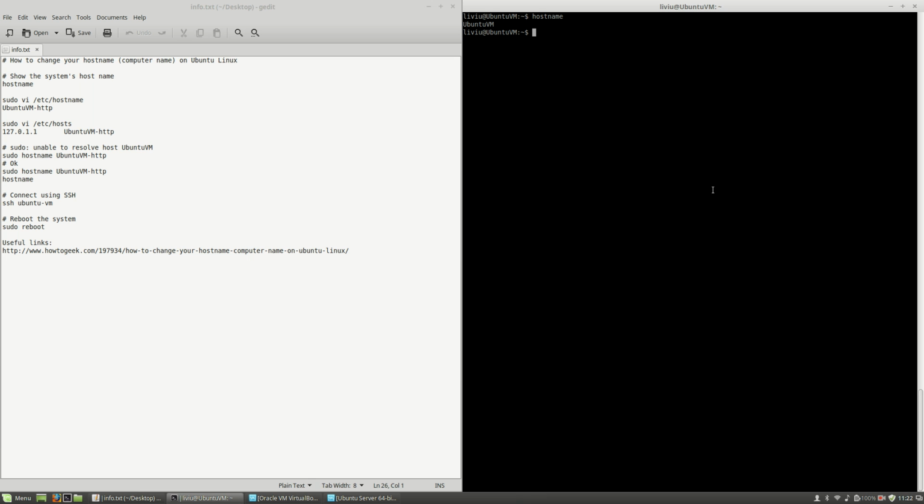In order to change this, I will have to type sudo vi /etc/hostname. As you can see, here is the value that you previously saw, and I will change this to ubuntu-vm-http, because I will use this virtual machine for an HTTP web server. Write and quit,